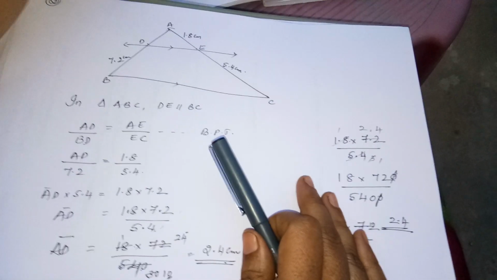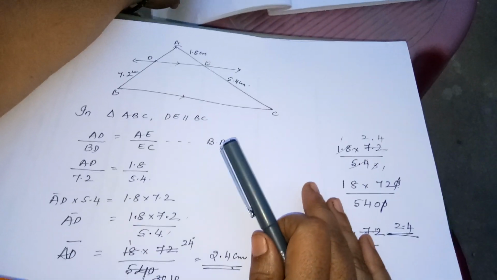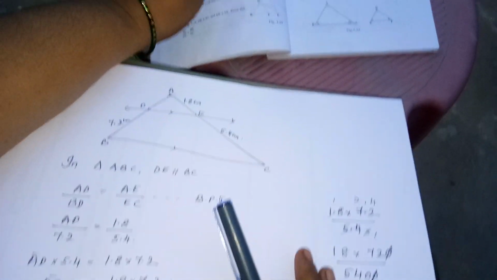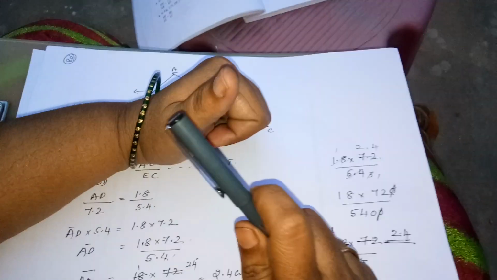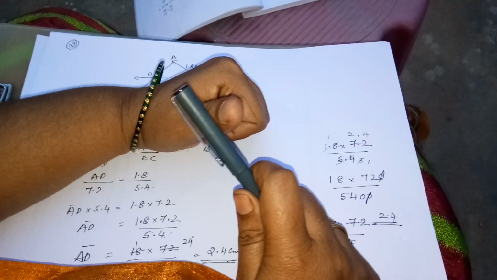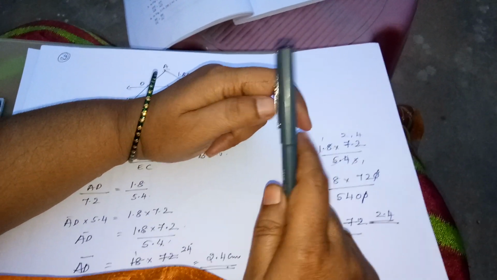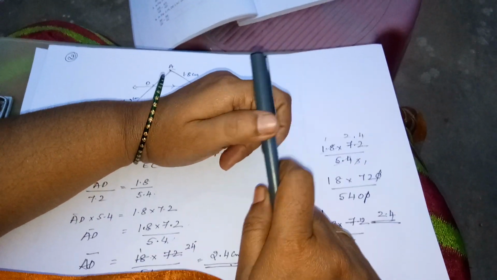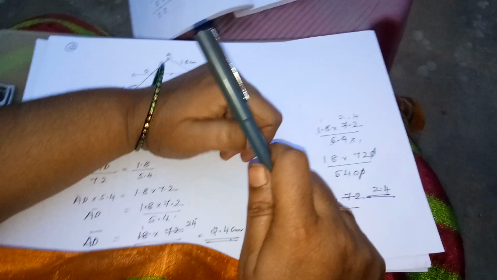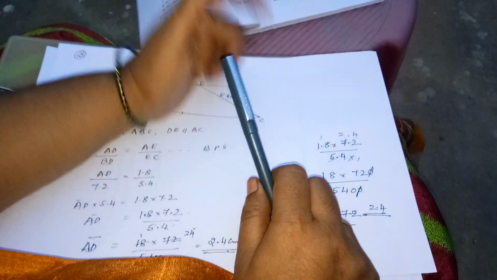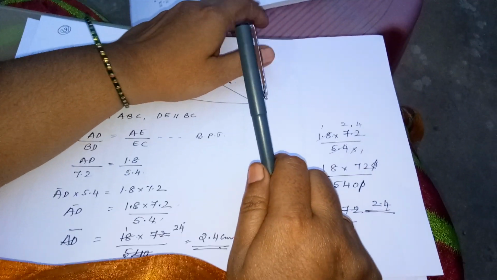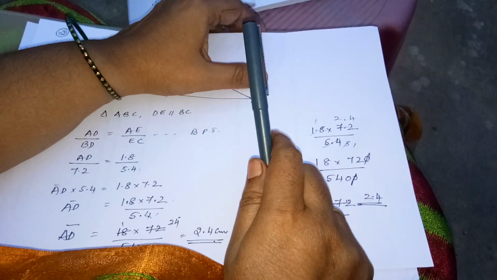I repeat, only up to the first main you'll be having for the test. The remaining, though we continue the lesson, will not be considered for your unit test. Is it clear, children? Don't panic. You have to completely study arithmetic progression, and work out arithmetic progression. Then similar triangles: definition of similar figures, congruent figures, similar triangles conditions, and exercise 2.1. And then learn Thales theorem, converse of Thales theorem, and from exercise 2.2 you have to complete the first main. Remaining problems will be considered for your next unit test.